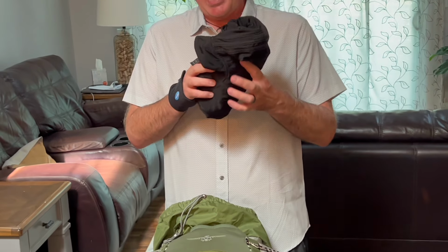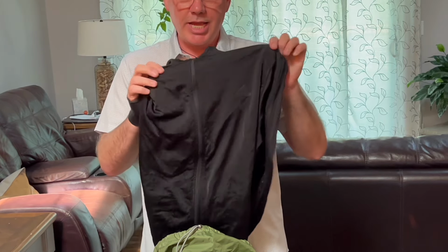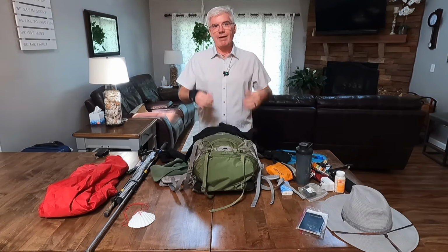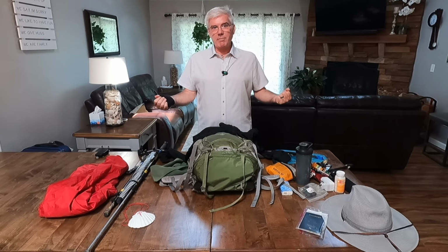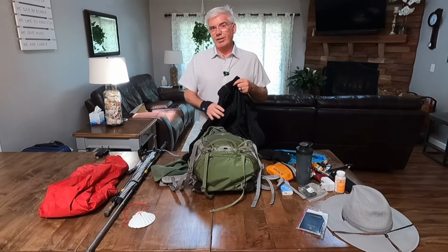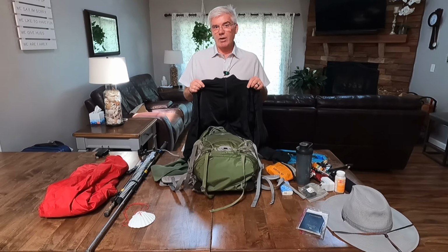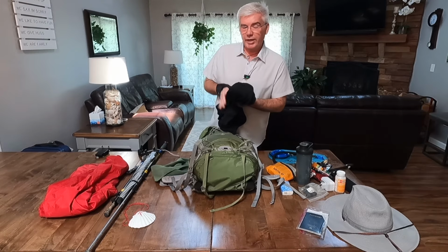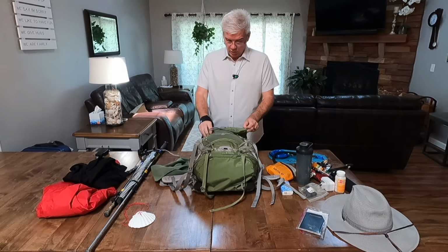I've also got a jacket. This is just like a starter jacket, zip up. I prefer mine to have a full zip on it. That way I can have it unzipped and open if I'm not really cold, or I can zip it up and keep it really zipped up. The raincoat also helps to add an extra layer, like a windbreaker if you really need it. So this is another must-have, because some of those mornings and some of the evenings get pretty cool on the